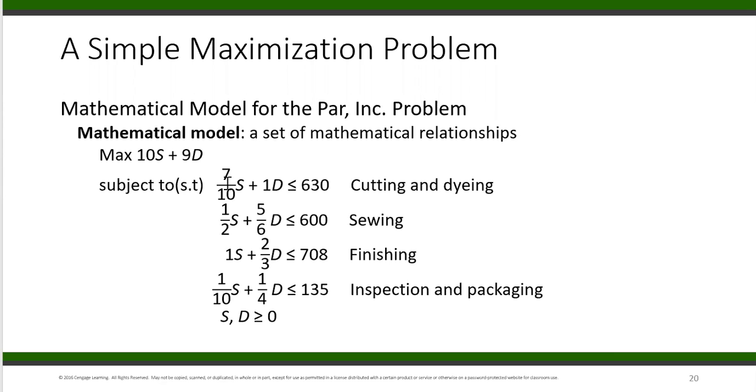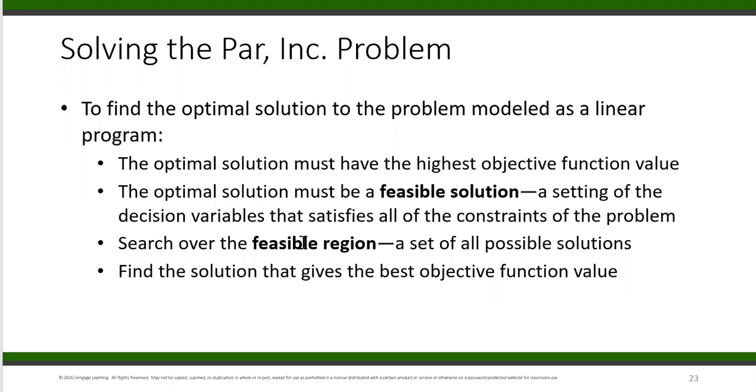So we need to find all the feasible solutions, anything that satisfies all the constraints. And once we have the set of feasible region, we go ahead and find the best one and call it the optimal solution. All right, so our first concentration should be on finding the feasible solution,